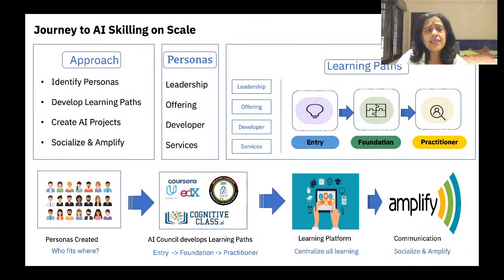The most important thing is that you should be able to identify the first thing, if you see on the left, what is the persona. In an AI world, we need multiple roles. Everybody cannot be a data scientist, right? For data scientists you need a math background, but everybody need not be. You can be a data engineer, you can be a data architect. So there are multiple roles which you can do, and based on that, first you have to identify what is